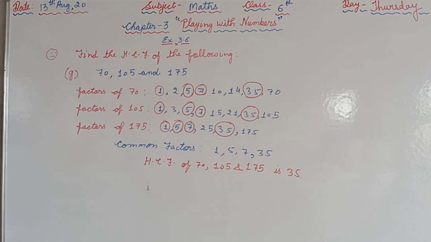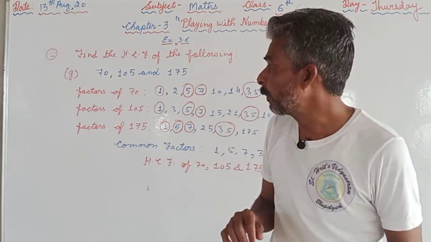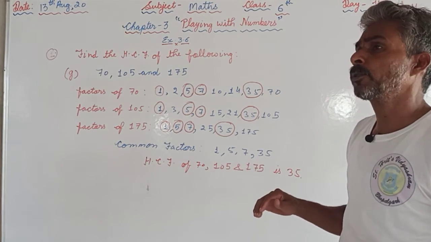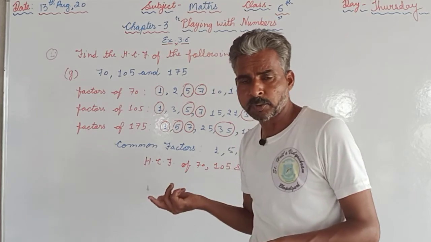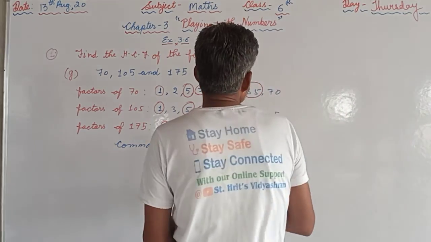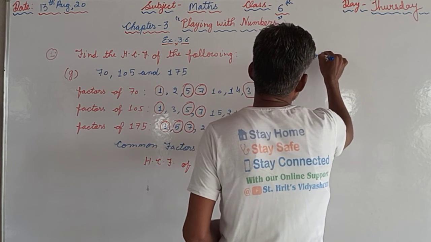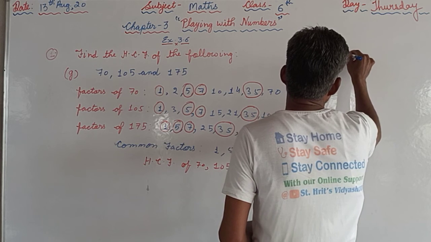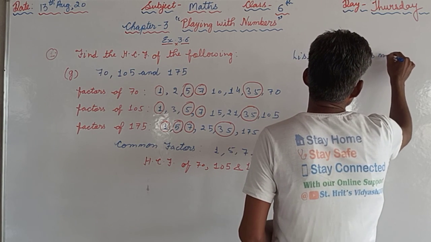Using this method we can proceed with the questions given, the parts given in this question number 1. I hope that you have understood the method. There can be a different method in your book. The prime factorization method is also there. We will discuss that method tomorrow, but today we have to discuss this method. That method, again I am writing the name, listing the factors method.